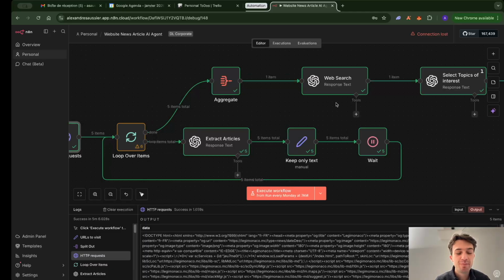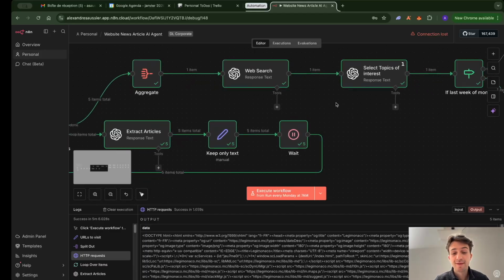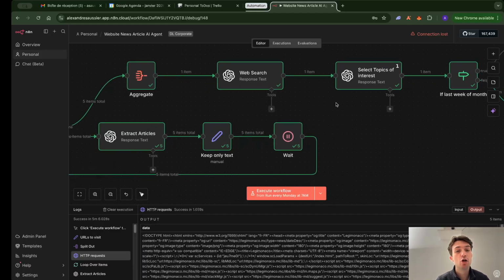This is just a broader web search where I'm telling ChatGPT to go online, look for this specific type of topics in this specific location where my client is, and tell me if I missed any news, basically. Right, now that we've scouted and looked far and beyond on all the websites for news related to my client,